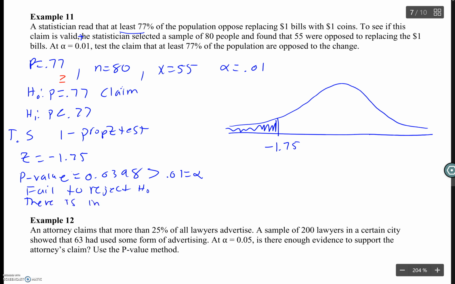There is insufficient evidence to the claims in the null. So since I put insufficient, I'm going to put reject the claim